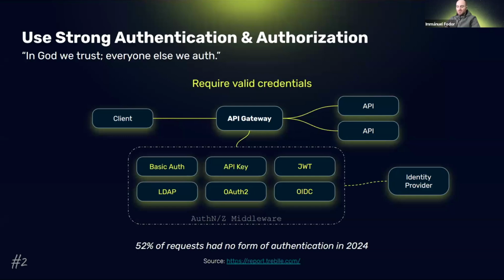Of course, it depends on what level of security you will implement, or what you can afford, and so on. For example, basic authentication might not need an identity provider, but we believe that a good identity provider is the basis, the foundation of proper and good API governance. You should start from that, managing your users at a central location, and then if you have this piece somewhere, either in the cloud or managed by yourself, then you can build on top of that and use JWT, or OIDC or OAuth2 as